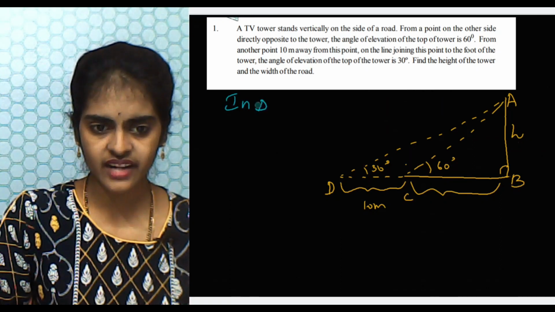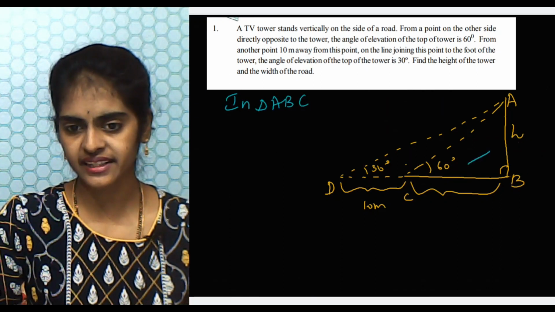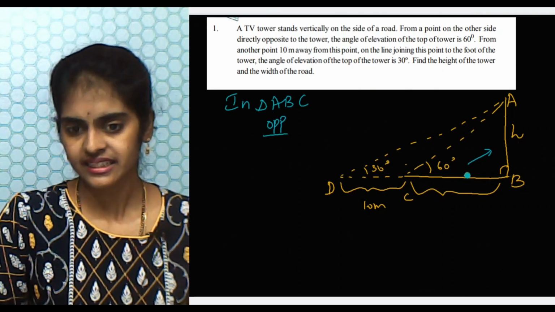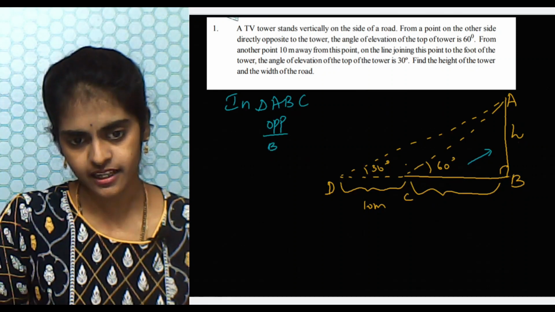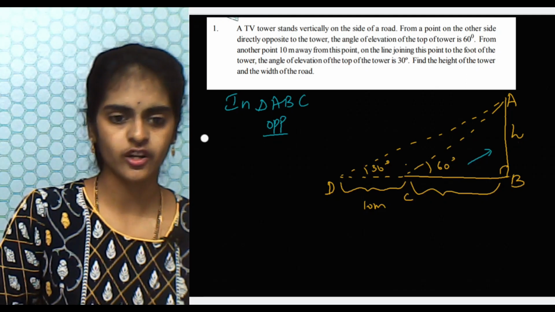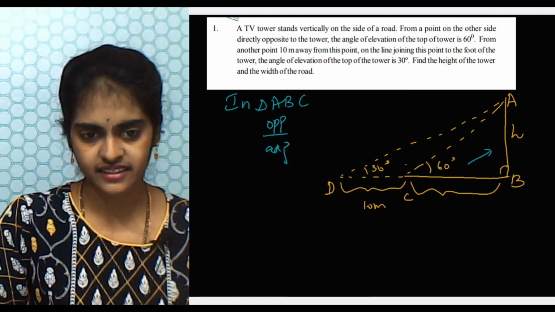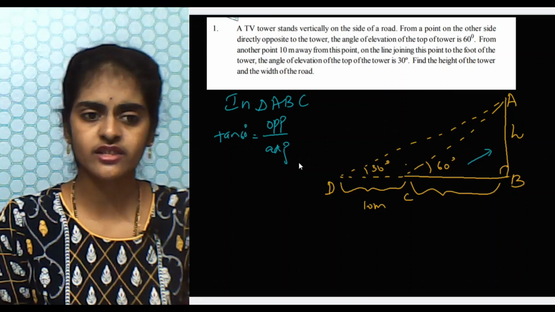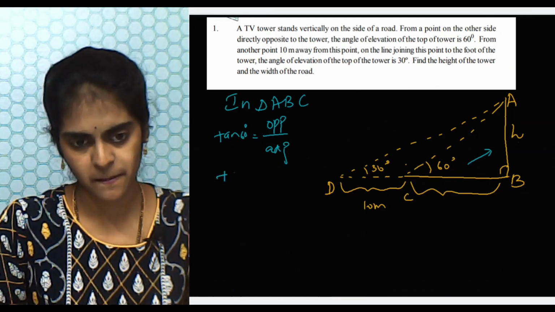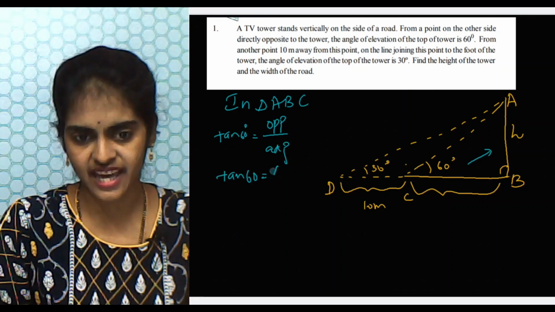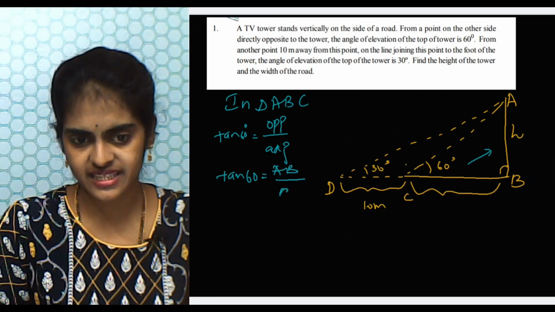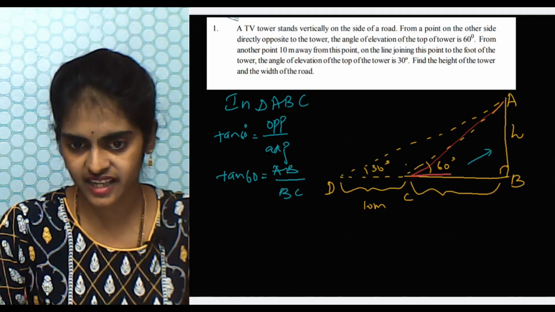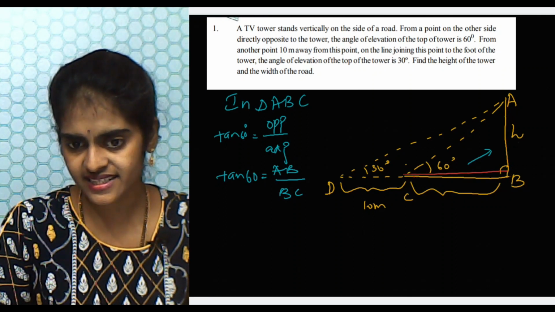So in triangle ABC, I just want to find the height, which is nothing but the opposite side. Opposite side divided by adjacent side, this is nothing but the adjacent side BC, isn't it? So let me write it here, adjacent side. Opposite side divided by adjacent side gives what? Opposite by adjacent is nothing but tan value, tan of 60 degrees you have here. So tan 60 is opposite side AB by adjacent side BC. You have to only consider this triangle ABC as we have written here. So opposite is AB and adjacent is BC.